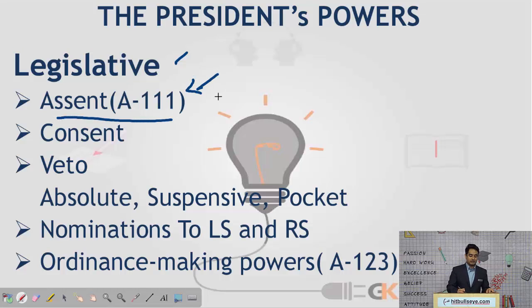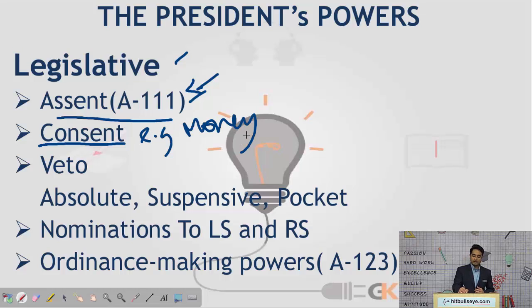This assent is given by the president for any bill to become a law. Without the assent of the president, no bill can become a law, that is, no act can be made. And there are certain bills which cannot be introduced in the Lok Sabha or Rajya Sabha without the prior consent of the president. For example, a money bill requires the prior consent of the president before it can be introduced in Lok Sabha, and also certain